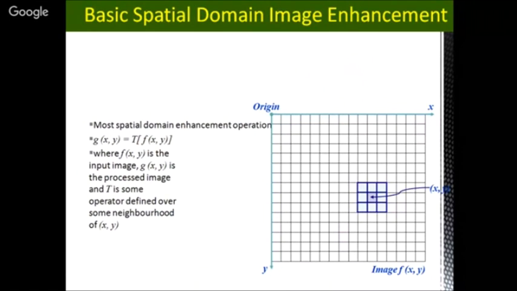So there's another processing class which we call spatial domain enhancement, wherein we do some processing based on the neighborhood. Neighborhood in the sense that a pixel changes its value in the enhanced or processed domain based on its neighbors. So a pixel is not transformed based on its own value only. A pixel is changed based on its neighbors. So typically, as you can see,